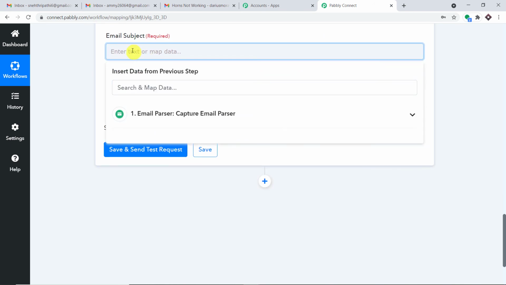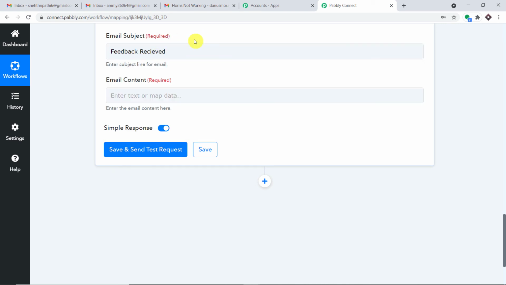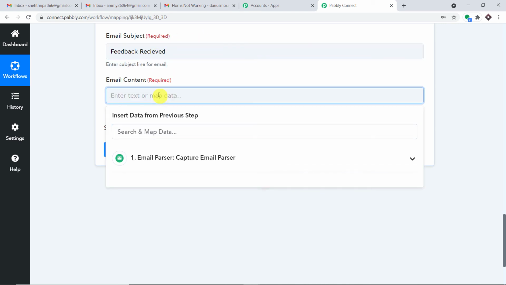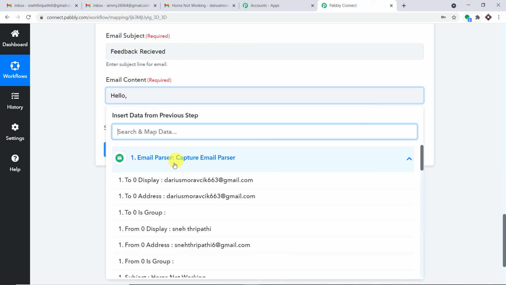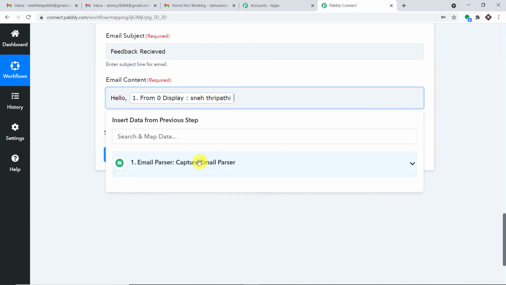The email subject. The email subject is complaint, or in this case, feedback received. Feedback received. And the email content is: Hello, and after that the name of the guy, that is Sneh Tripathi. Thanks for your feedback.